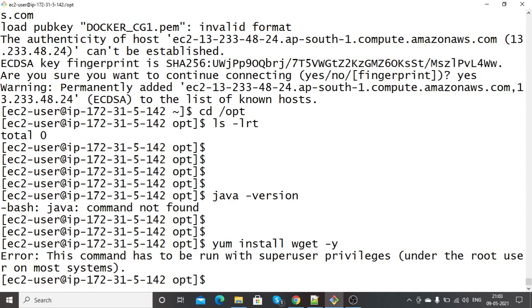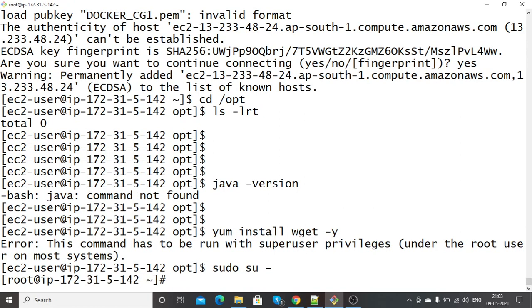Oh, sorry. Before installing any package, we need to log in as super user. So the command will be like sudo su -, then cd opt.